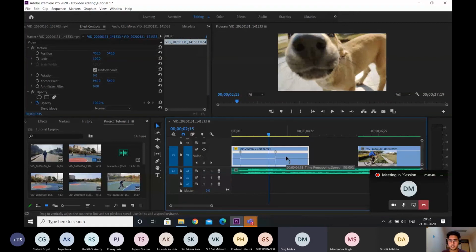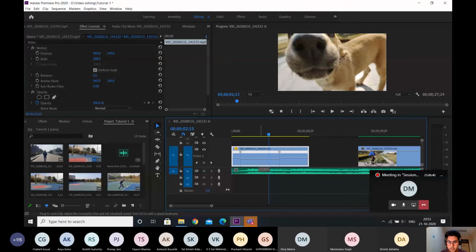Does someone want to say something? Hey Kavya. So essentially, what we're doing with the pen tool is slowing a part of the video down. If we do it with the razor, would it be the same thing? Yes, you divide the video into multiple clips and then adjust the speed of different ones, and that happens using the razor tool. But I'm going to show you something else right now, which can't be done using the razor tool. Give me a bit of time.